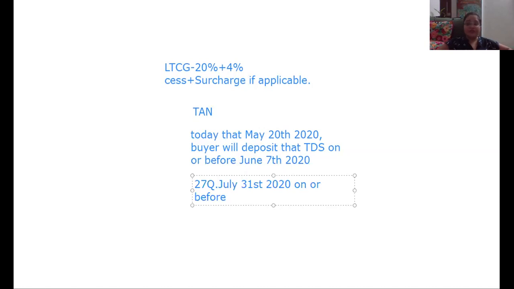Okay, so the financial year will be 2020-21, and this whole amount is being divided by the cost inflation index of the year in which the asset was first held by the seller, or 2001-2, whichever is later. So let's see how we can do this. What we have to do is take the cost of acquisition. Suppose our cost of acquisition was 20 lakh.